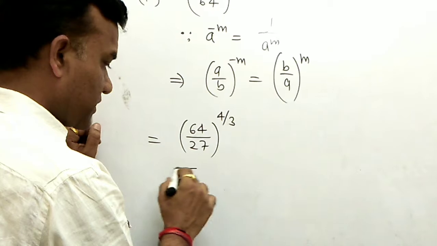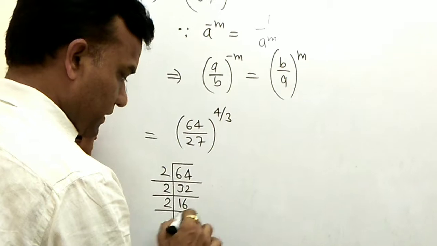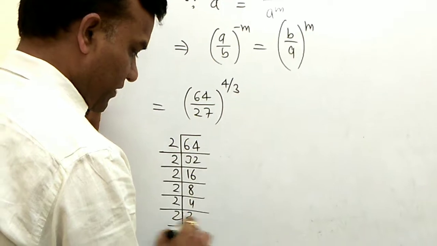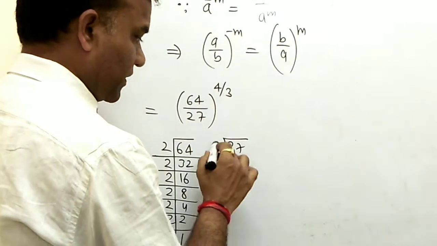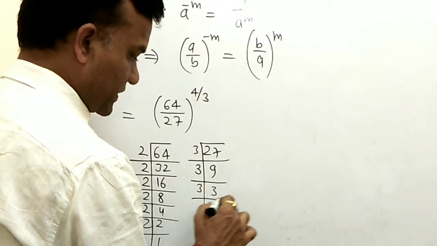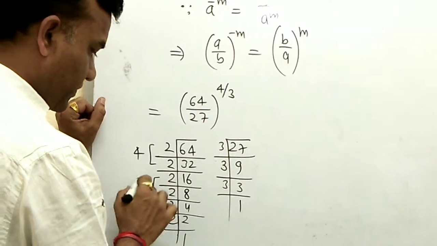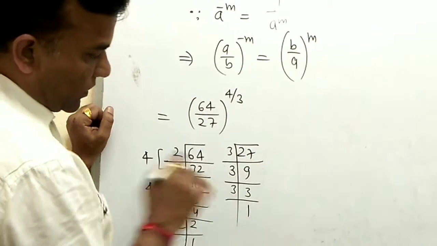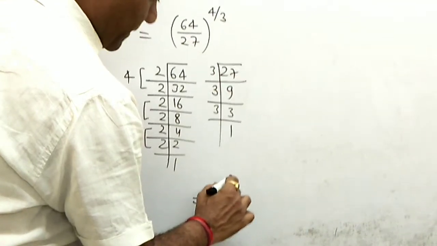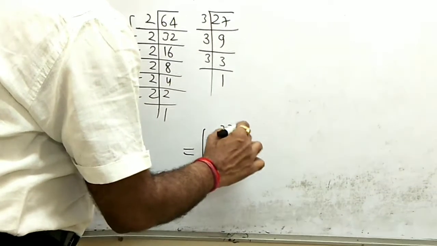If you break this into 2, 32, 16, 8, 4, 2's and then 1's. And now here 27, so that is 3 9's, 3 3's and 3 1's. But also you make the pair, suppose here, then they are 3. So 4, 4 and 4. So 4 to the power 3 and 3 to the power 3. So you write down here its conversion like 4 to the power 3, and now here you write down 3 to the power 3. Okay, and basically that is 4 by 3.